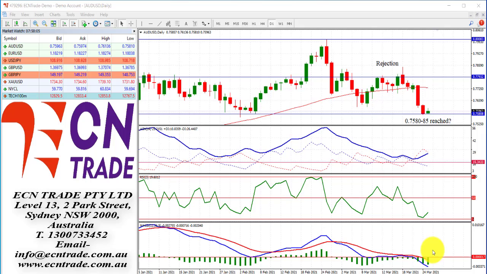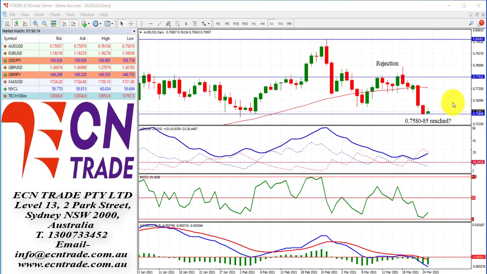The call for the Australian dollar was to 75.80 to 75.85 as an objective after taking out the 60-day moving average, and before that it rejected off the 78.5 level. Now that we've reached the objective, with 81 being the low, the market is attempting to recover. Keep an eye on this pattern here, because if it ends up being an inverted hammer, then we could see a retracement back towards 76.5 to about 76.80.